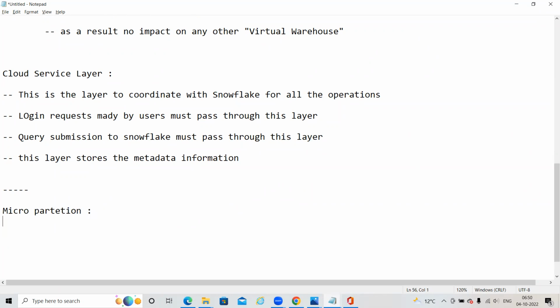Micro partition is continuous storage in Snowflake. Data will be stored here automatically.